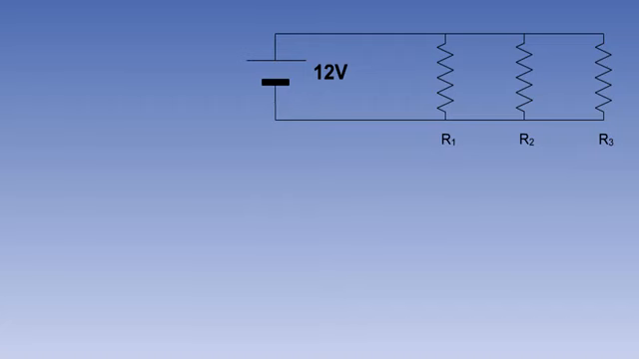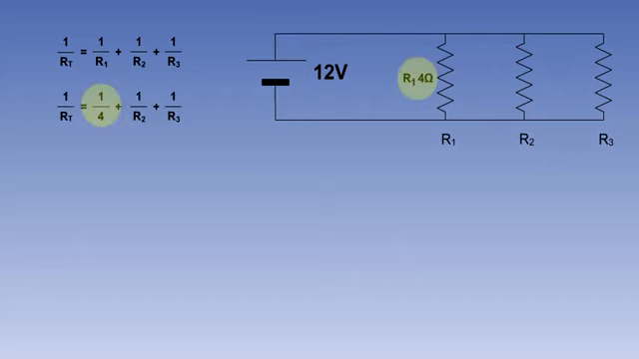The total resistance of a number of resistive loads in parallel can be calculated using the formula 1 over the total resistance, RT, equals 1 over R1 plus 1 over R2 plus 1 over R3, and so on. In the circuit shown here,